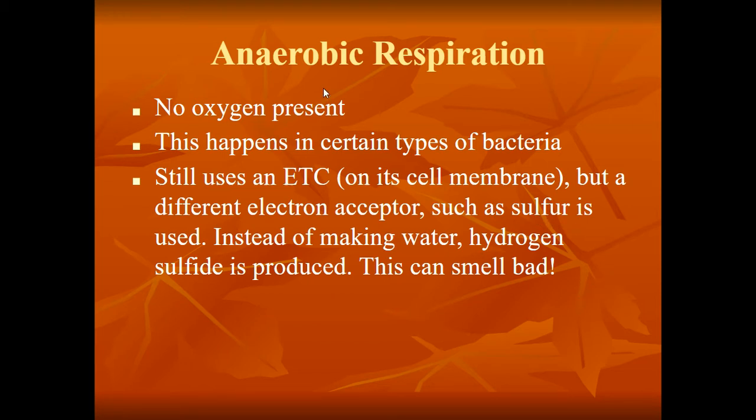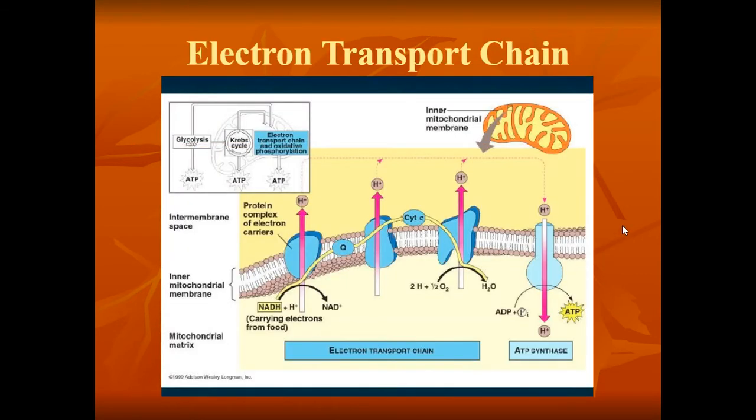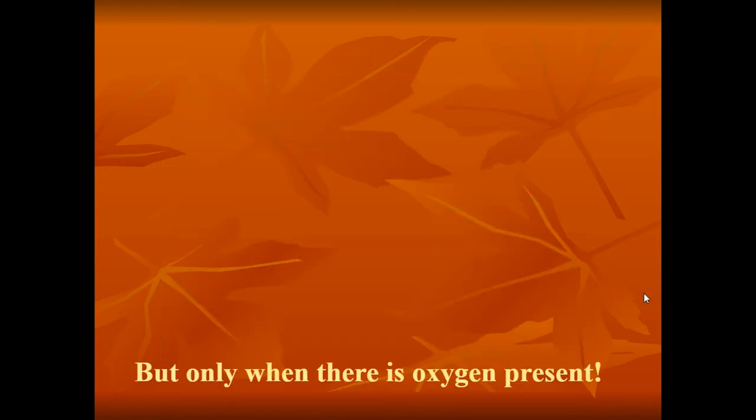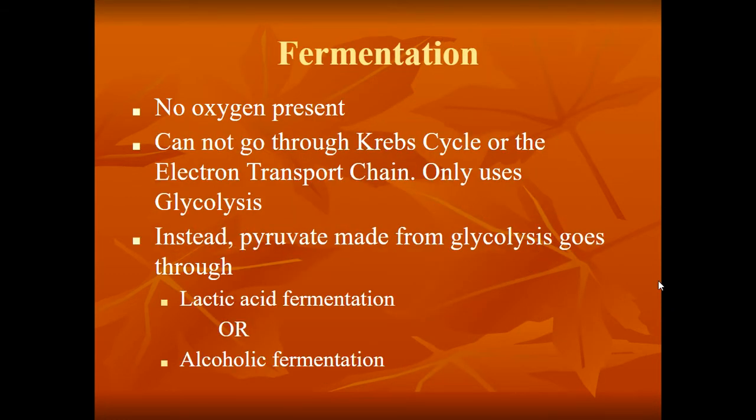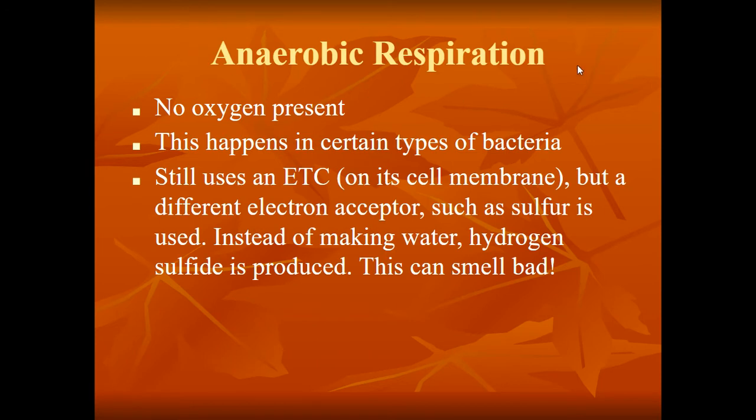Okay, so in anaerobic types of respiration, we still use an electron transport chain. We just use different electron acceptors. Instead of oxygen to make water, like we did in aerobic, we use sulfur instead. So that's the only thing with anaerobic respiration that you need to know, is that we just use something different. Okay,